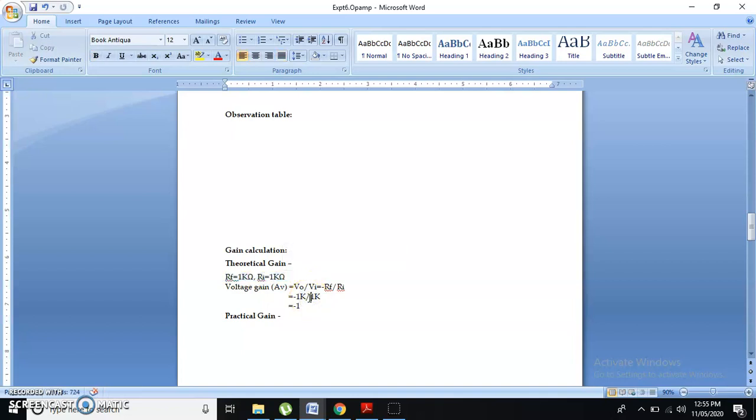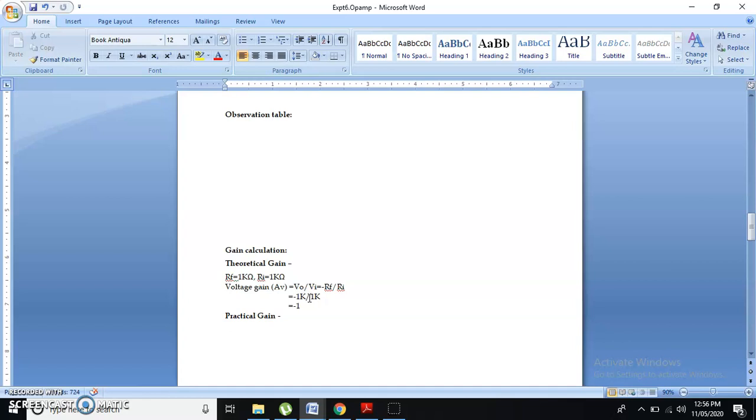So let's say the gain of the inverting operational amplifier has to be 1. Gain has to be 1 means whatever is the input, as it is, it has to be observed at the output. So this is the targeted value. This is my condition. I want the gain of the op-amp to be 1, and according to that I will design the values. Now gain is 1, and that 1 is equal to minus RF by R1.